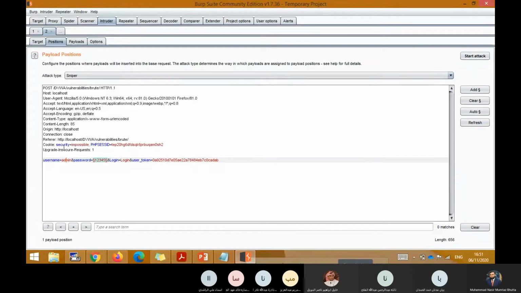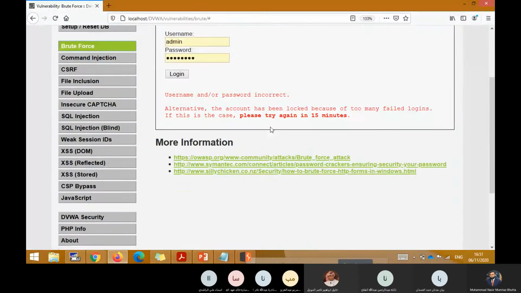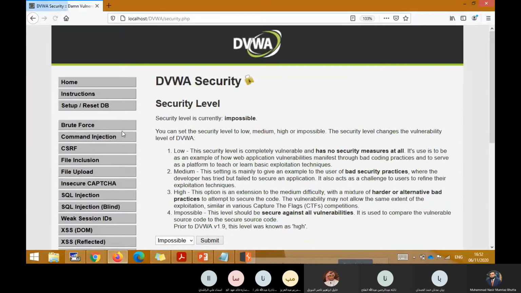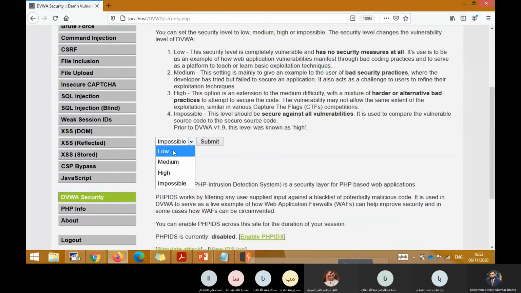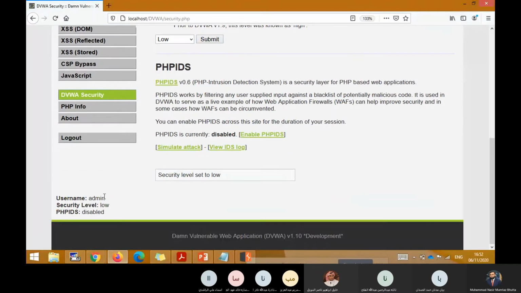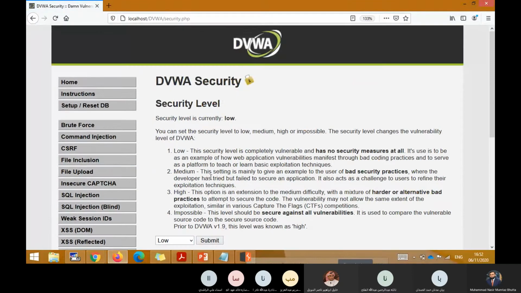Okay. First of all, if I observed here, the security level is impossible. It means this attack will not work. So make sure that you go to your DVWA, change your DVWA security level to low, because it's a basic understanding class. So we set to low, and you can verify here. Username admin, low, disable. PHP session ID disable, and security level is low. So what we can do,